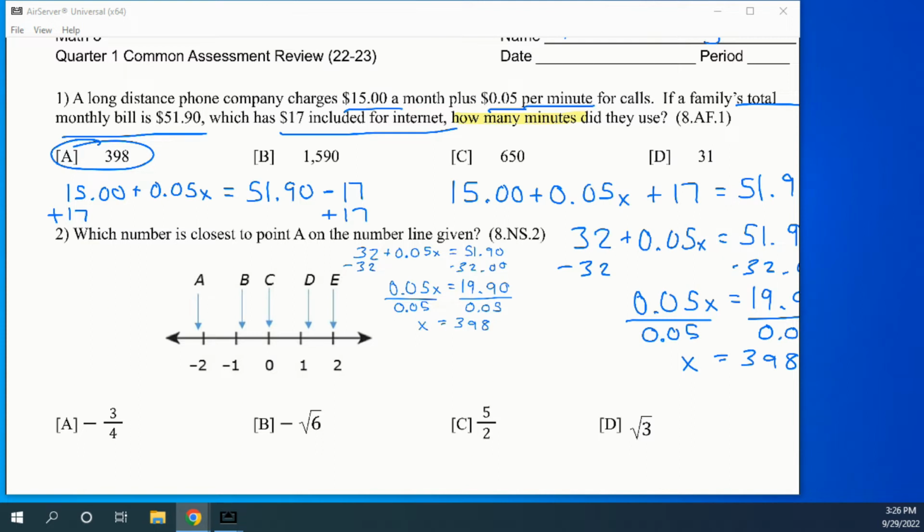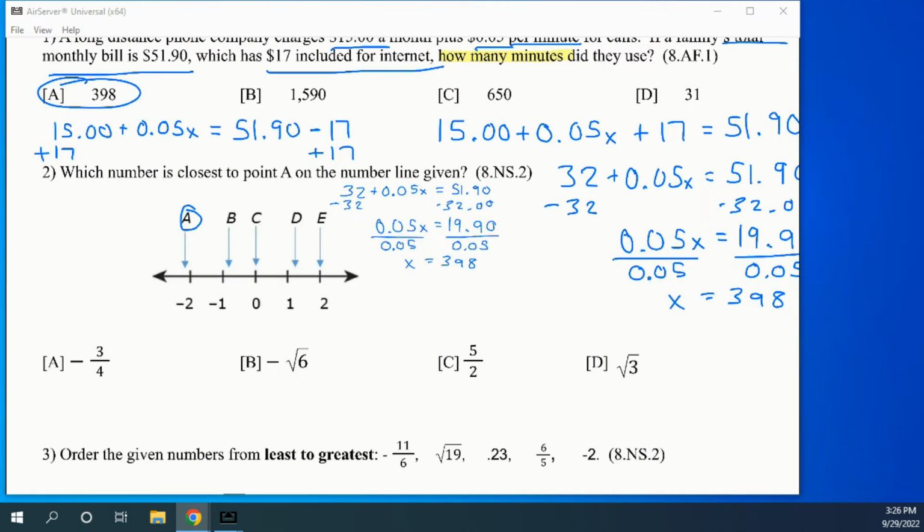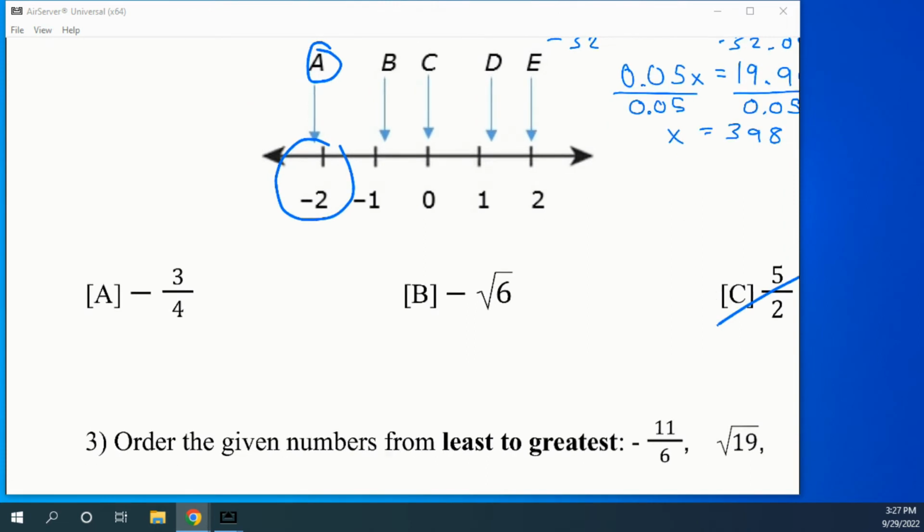Number two, which number is closest to point A? So this is the one that we're looking for, number two. We need to figure out which one is closest. You can estimate. What I was encouraging folks to do today is just use a calculator. Now, this one is in the negative area, so you can cross out C and D because those are both going to be positive. So what I might do between these two is just